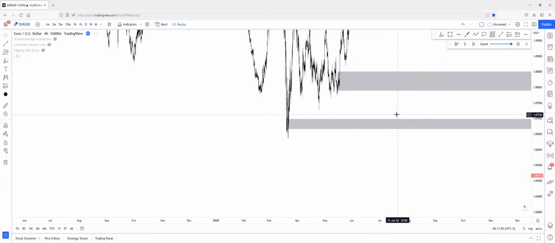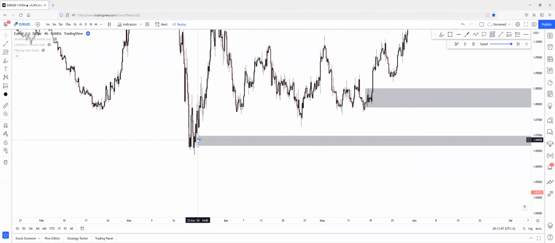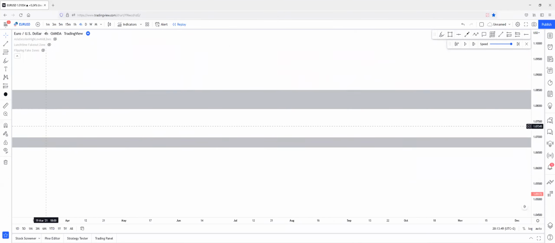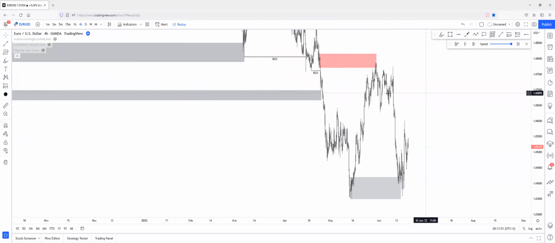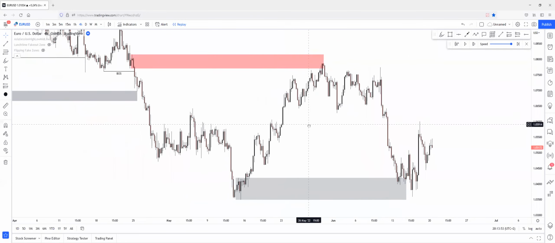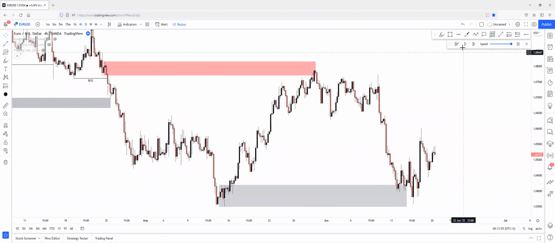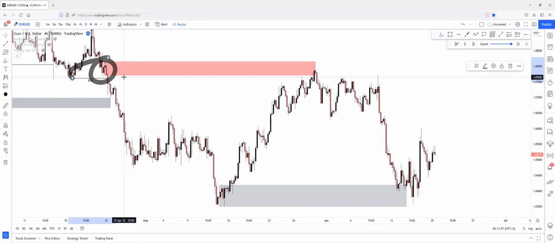I believe it was somewhere around here. Yeah, it was a demand zone. It was an extreme daily or 4-hour demand zone that price just broke below. And as you can see, a break of this demand zone has basically happened from this zone. But we already know that this is a daily zone because we've talked about this several